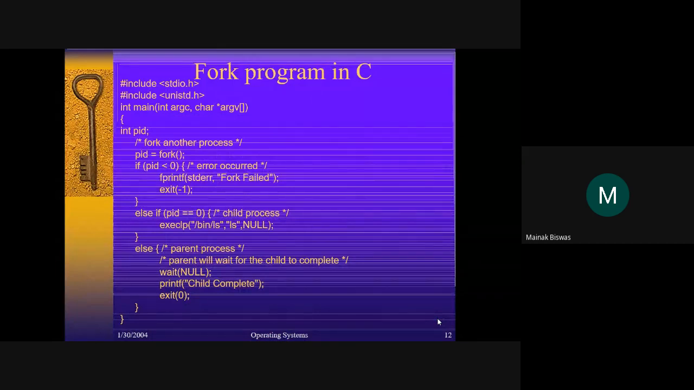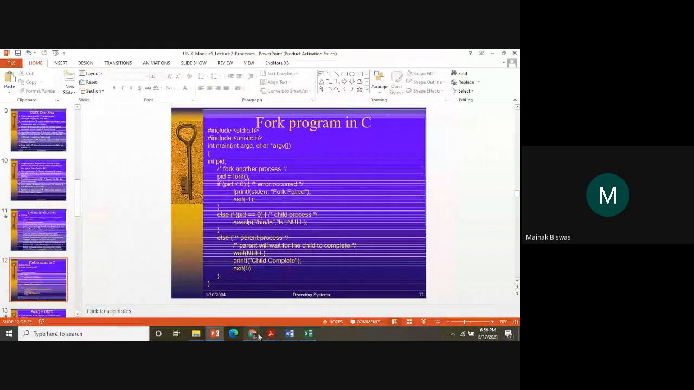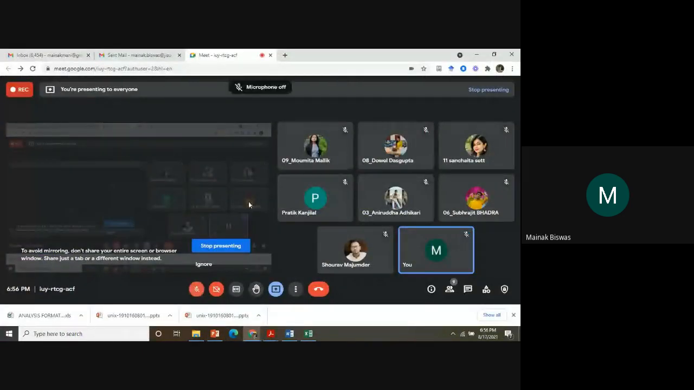So in here we are creating a fork system. Just wait for 1 second. Just wait for 1 second. Come back to